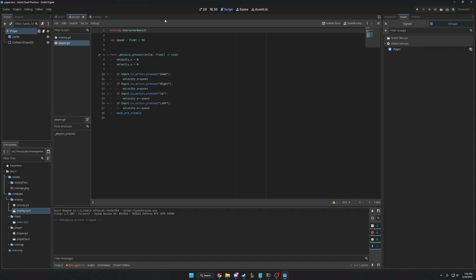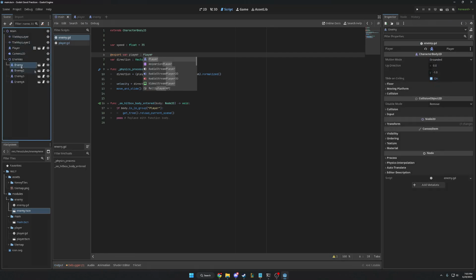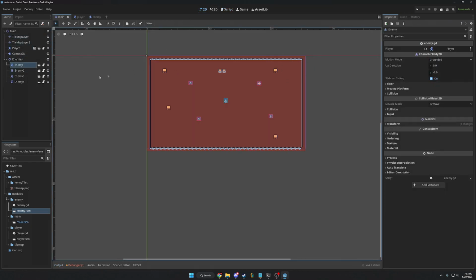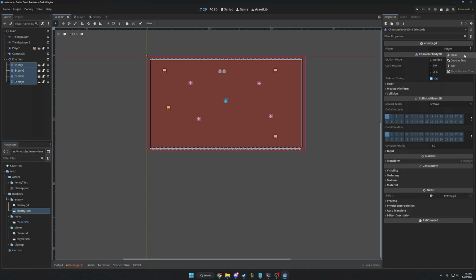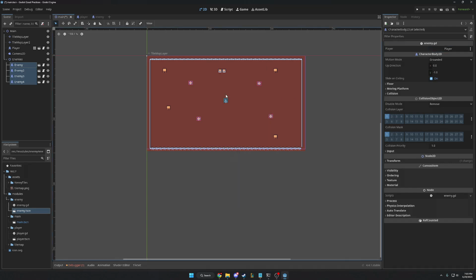But what I want to do is I want to make my own class. So I can type in class name, player. With that, I can take my previously written export variable and make it just for players. We can see how that changes in our export inspectors when we hover over our enemy. Let me clear it. And now it only selects the player. Previously, we could see our enemies down there, but now we can only see the player, which is just